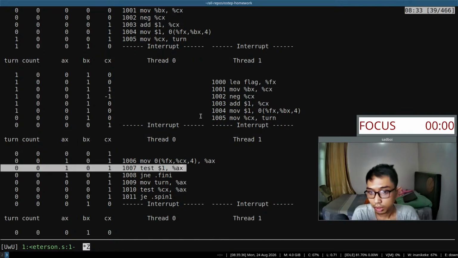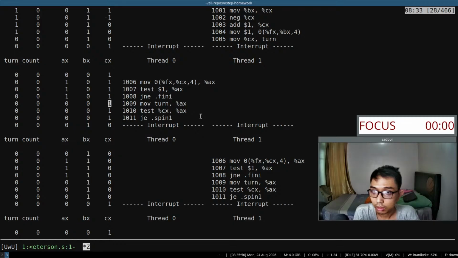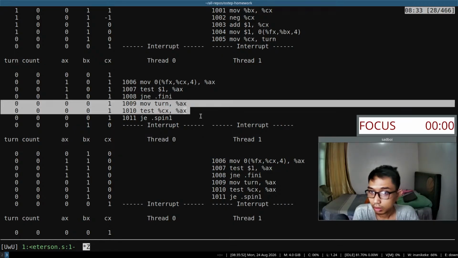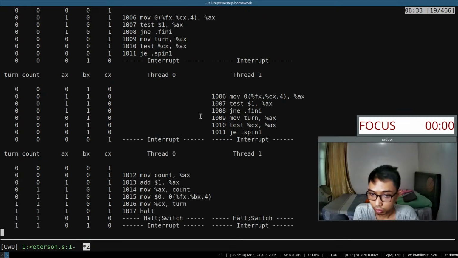So does that mean thread 1 is holding the lock? If that one is holding the lock, then we check the turn. CX equal AX. In this case, no. CX is not equal to AX. So